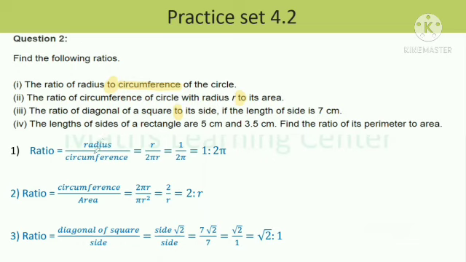तो पहला है radius और दूसरा है circumference. So radius को हमें denote करना है r और circumference का formula that we know that is 2 pi r. So r and r will get cancelled. What is remaining, only 2 pi. R and R will get cancelled, only remaining 1 upon 2 pi, that we can write as 1 is to 2 pi. Got it?